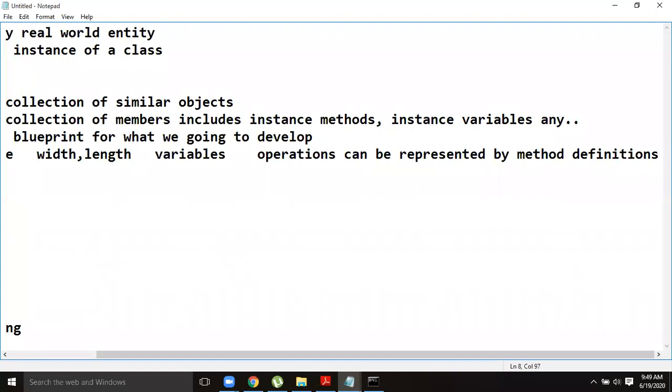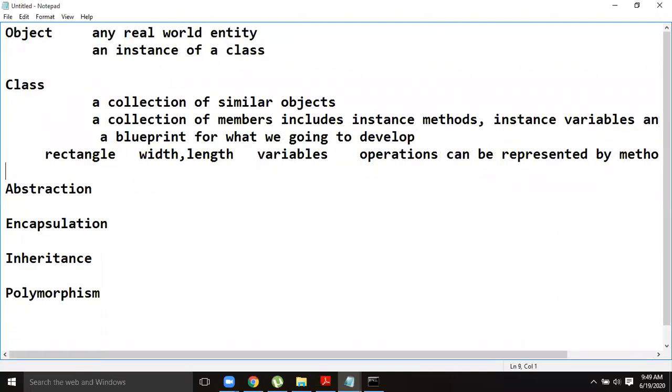Methods represent the behavior, meaning the operations you perform. What operations can you perform with your rectangle? I can calculate the area. Similarly, I can calculate the perimeter. So these things I represent as methods. The first two things, the width and length, can be represented as variables.